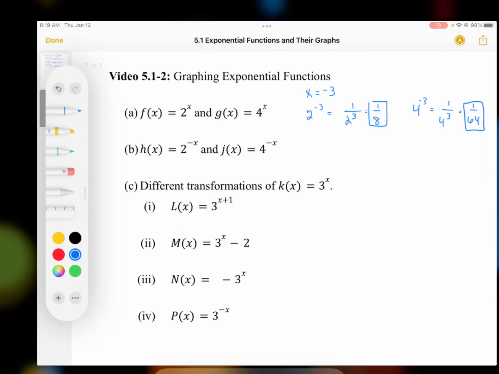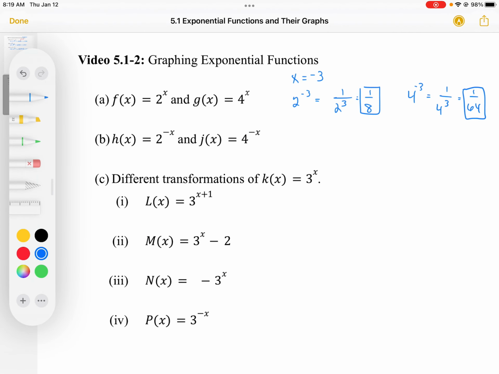Okay, so you've learned how to graph exponential functions, and we've looked at several transformations in this video. If you have any questions, you should refer to this video. And remember,